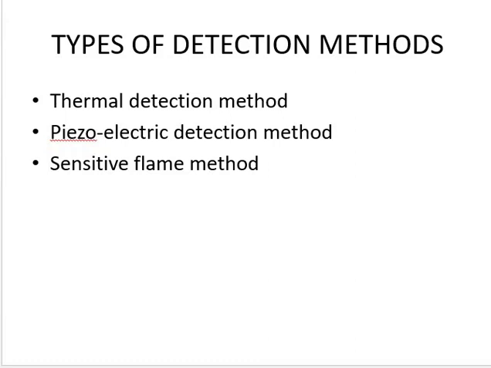Here we are using a platinum wire. In order to detect the ultrasonic wave through the thermal detection method, we use a platinum wire. When an ultrasonic wave travels through a material, the material experiences compression and expansion, that is, vibration. Rarefactions and compressions develop in the material. Due to the alternate compressions and rarefactions, there will be some variation in temperature. Wherever there is a compression, the temperature will be high. Wherever there is a rarefaction, the temperature will be low.